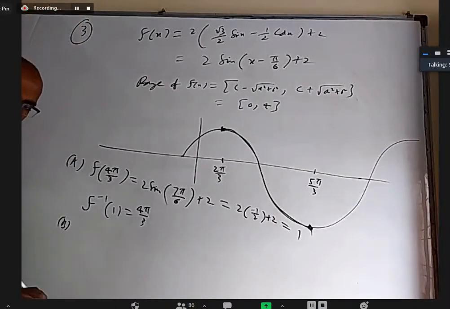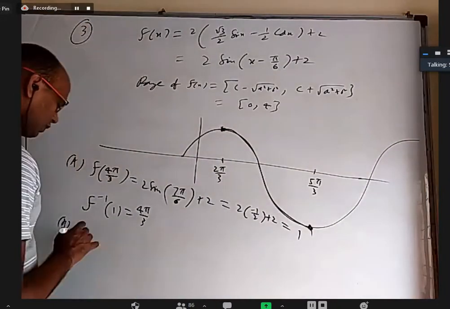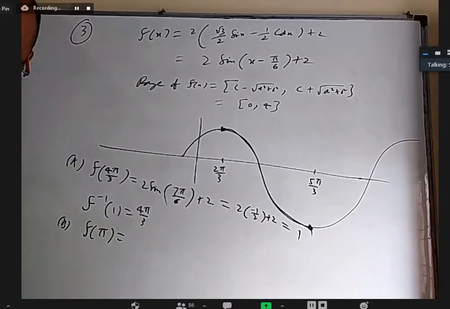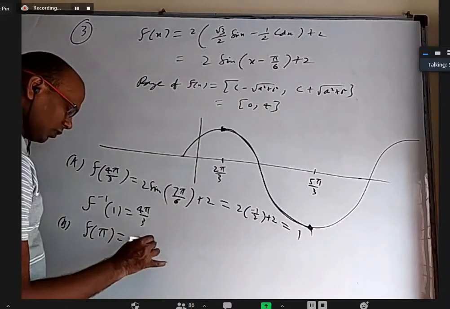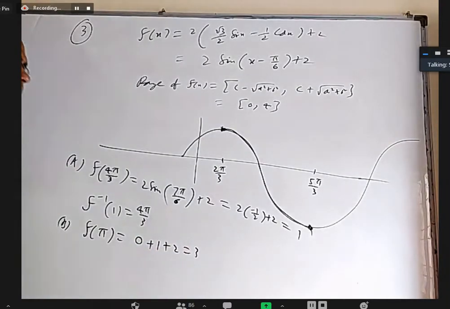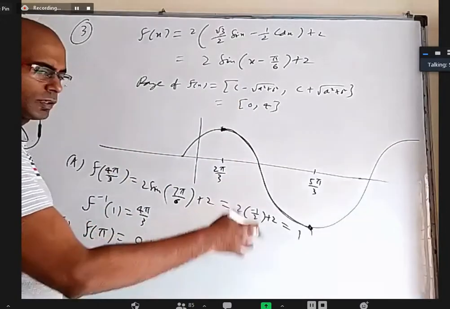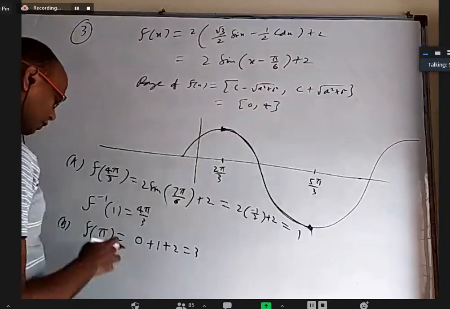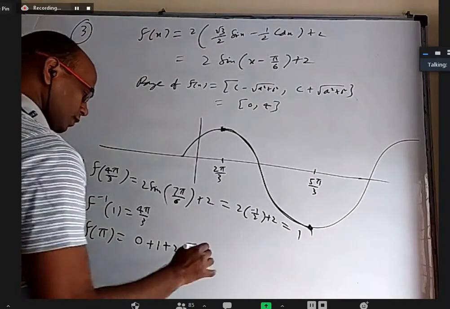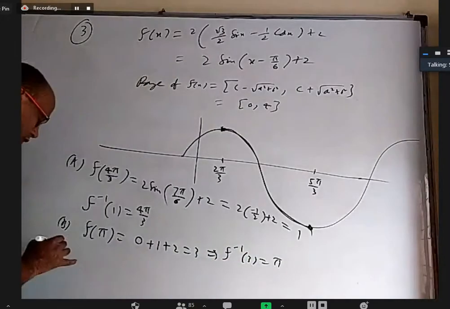F of f inverse 1 is pi. It can't be. If option A is right, I don't think option B is right. Even otherwise, f of pi, if I directly use the original definition, it will come 0, minus 1, no, plus 1, plus 2. It is 3 coming. F of pi is 3. Anyway, this graph I had to move upward. I did not move it because of plus 2. But it's okay. F of pi came 3. So f inverse 3 is pi, not f inverse 1. That's why B is not right.